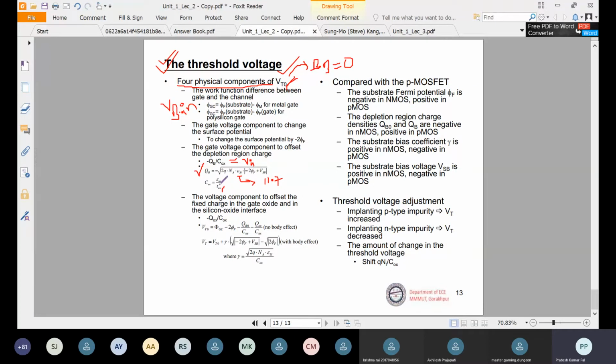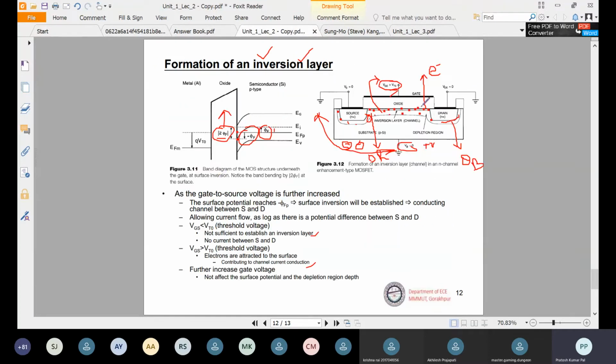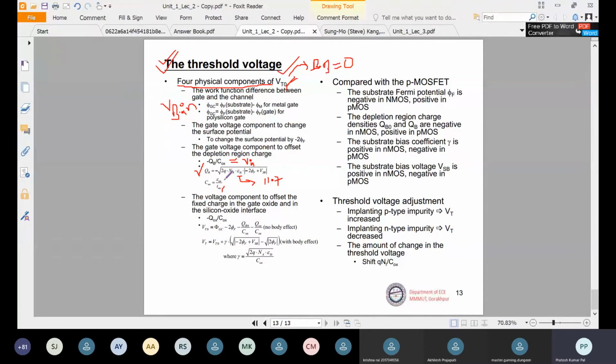TOX is oxide thickness. So in this figure, if this gate oxide is there, whatever this thickness is, that will be your TOX value. ठीक है, ये जो वैल्यू होगा हमारा वो TOX वैल्यू होगा ऑक्साइड थिकनेस. And whatever permittivity of oxide is there, that will be defined by epsilon OX.